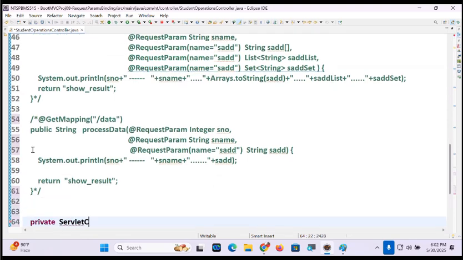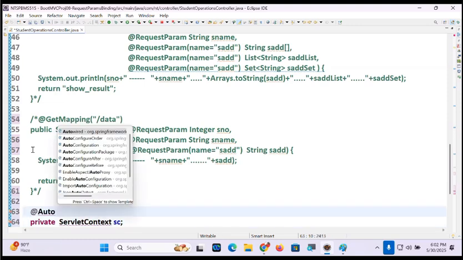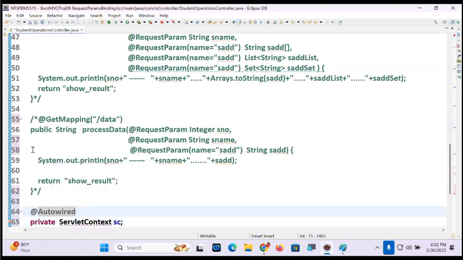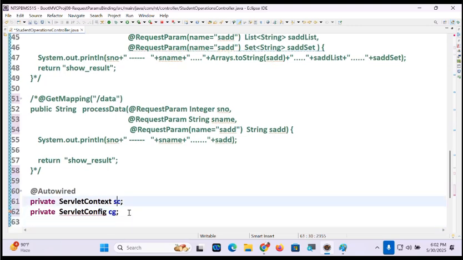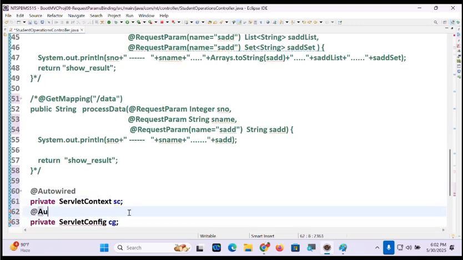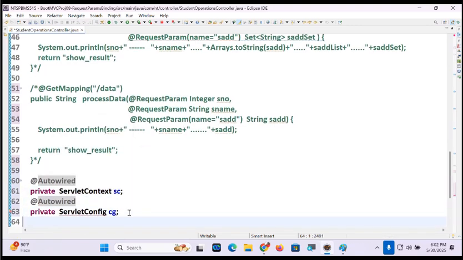Private ServletContext sc, @Autowired. Private ServletConfig cc, @Autowired. That's good.